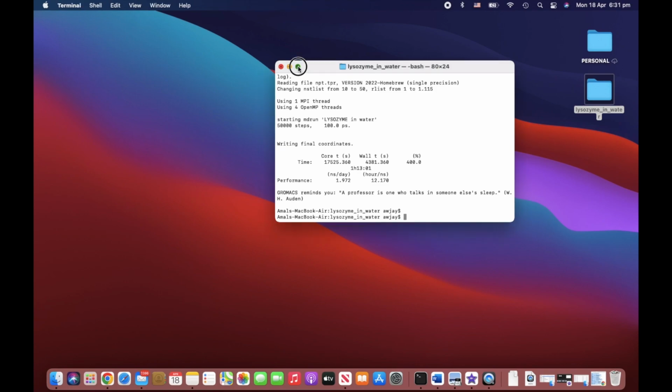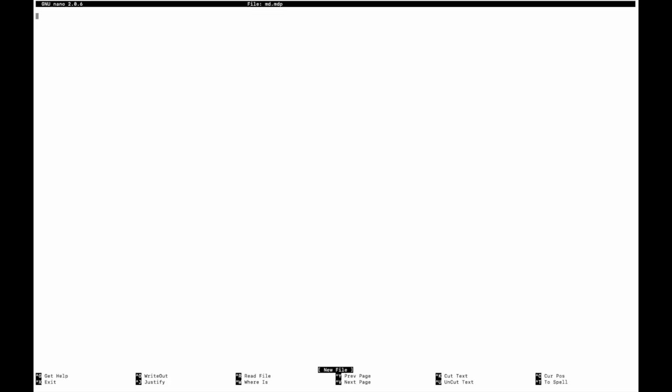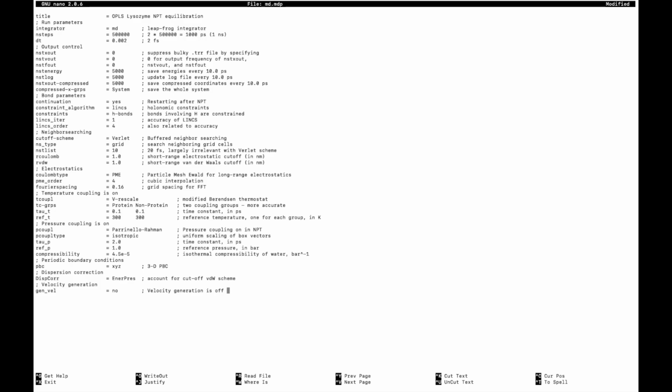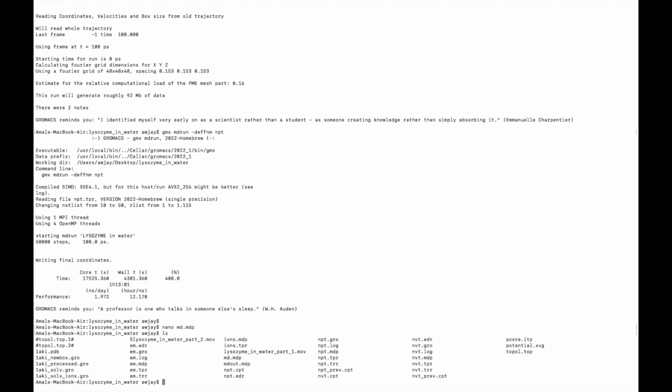So copy, and now I'm going to say nano md.mdp, paste, Control X, Y, and enter. If you list, you have md.mdp right here. Now we have to make a tpr file, right? The same thing that we did before. So gmx grompp, and we go -f md.mdp,